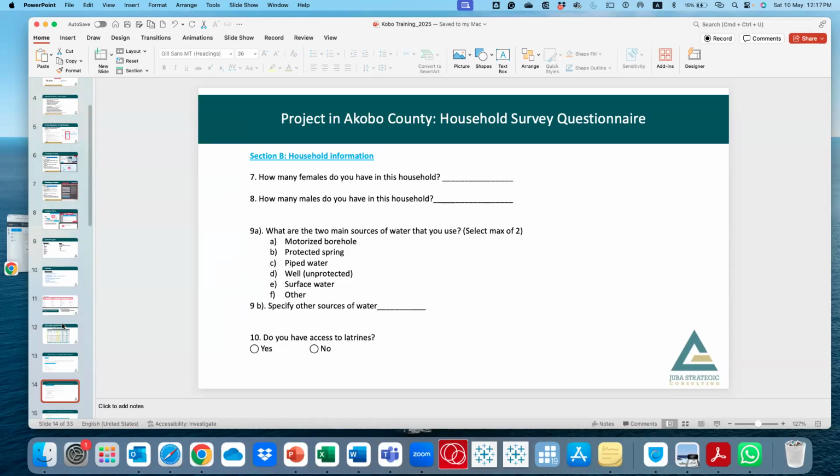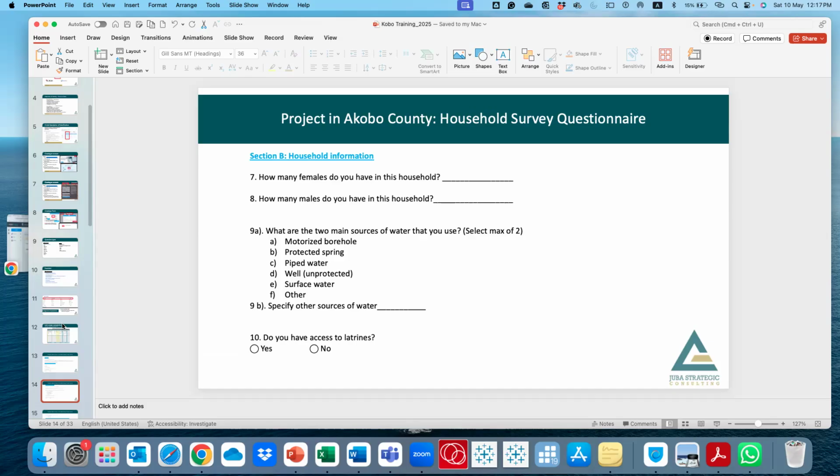And then we went through how you could do skip logic, how you could control the number or the age so it does not exceed a certain number, for example, how you can do calculations within KoBo, how you can control the maximum of say 2 or 3 or 4 options that someone can select, if you want to control for that.